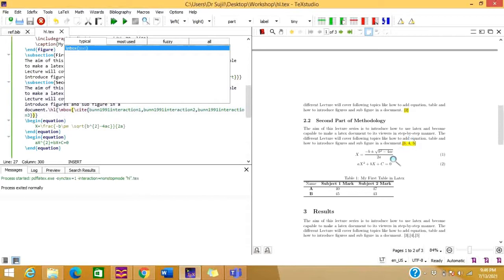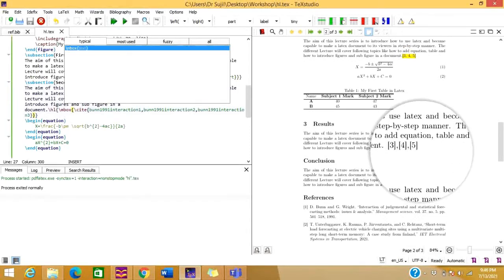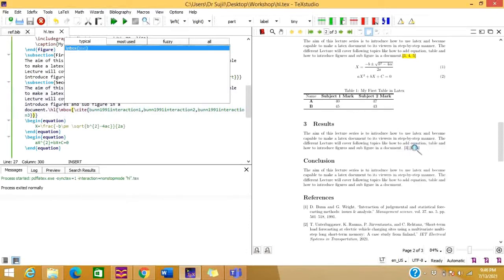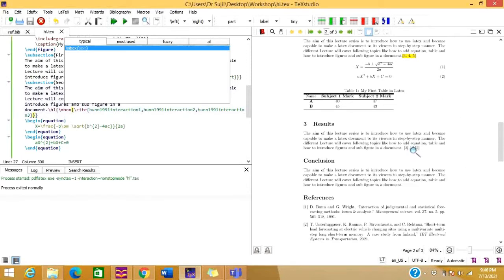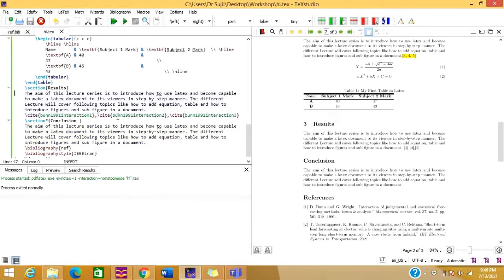Now the next combination we may face is in the case of references. Suppose we need to highlight one reference in between, that is the fourth reference that you have newly added, and we need to highlight that fourth reference. For that, let us right click and go to the source. So you can see here this is the place. Now what you can do, you can go here and write here